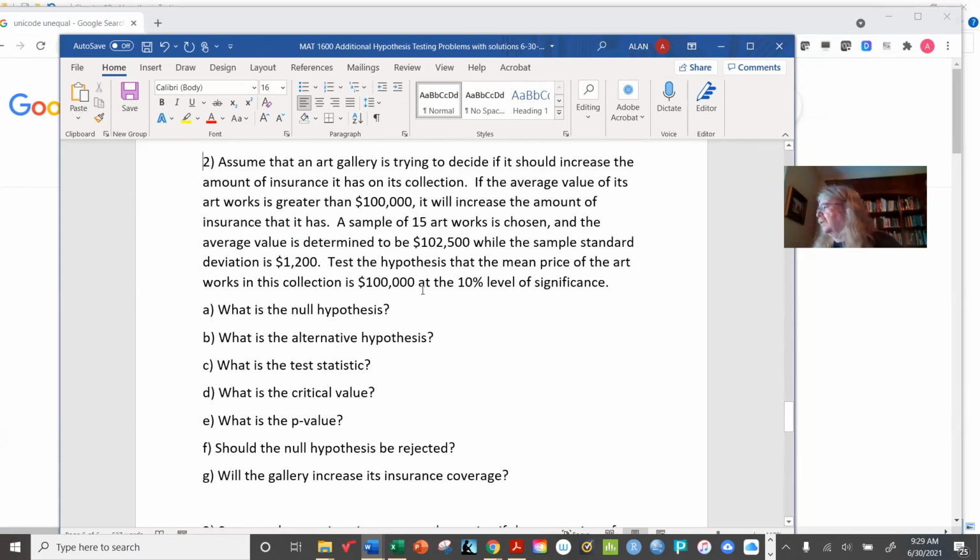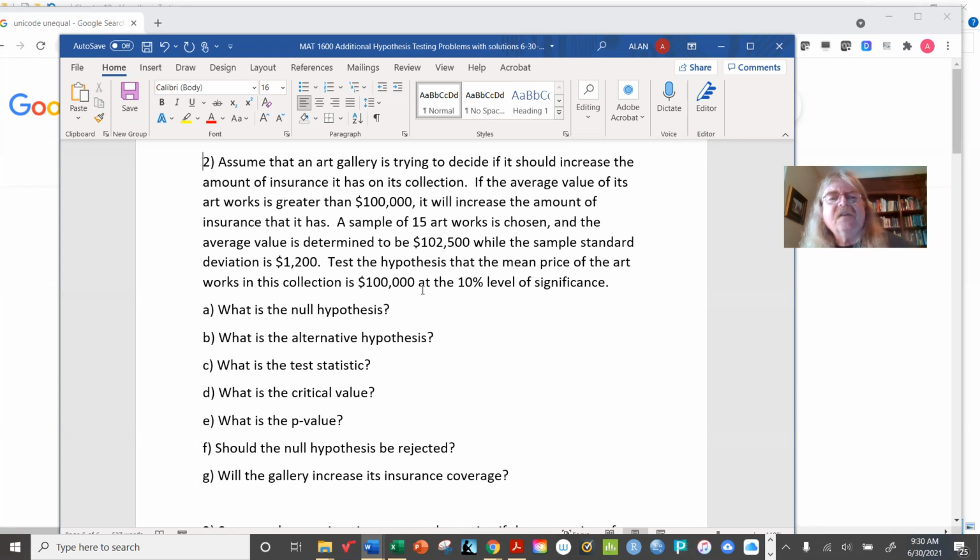So there's an art gallery, and they're trying to decide if they should increase the amount of insurance that they have in their collection. Good idea. You never know what this stuff is worth. So they're going to take, and if they find that the average value is above 100,000, then they're going to increase their insurance. So they're going to pick a sample of 15 works of art, and we find that the sample mean or average value